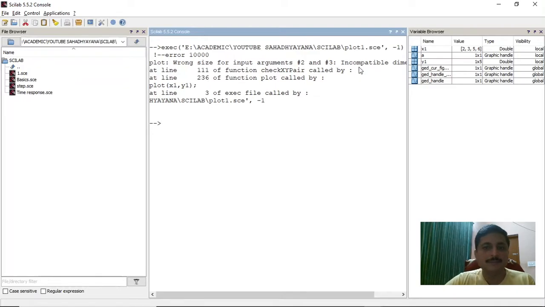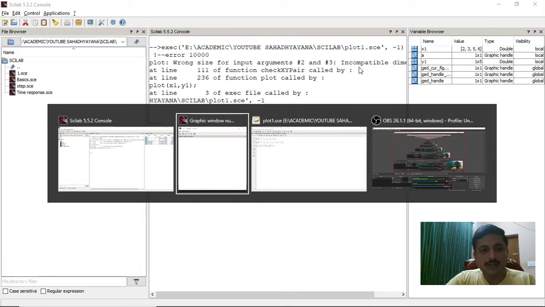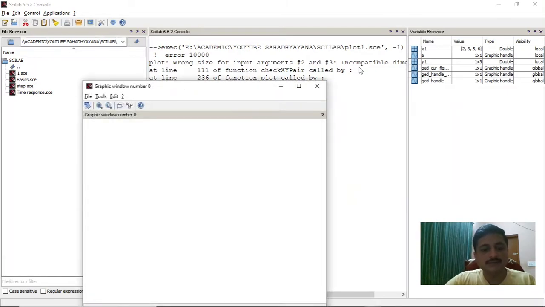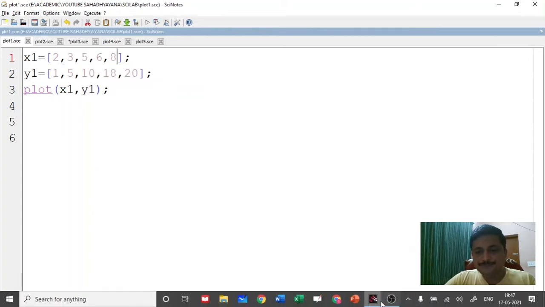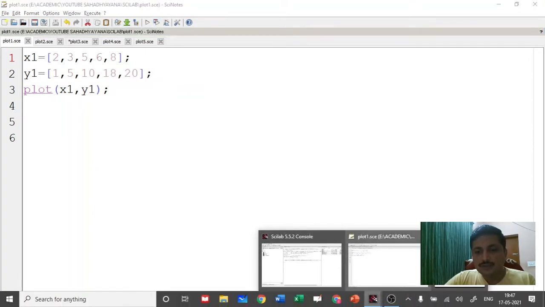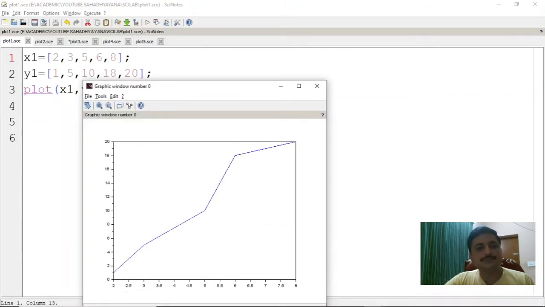So it is an incompatible dimension basically. That's why I have this graphical window as 0, in the sense blank. So always remember this. This is how you create a simple plot. I have this plot now.